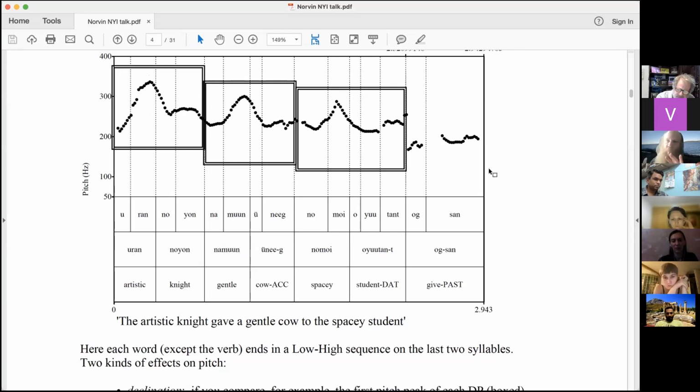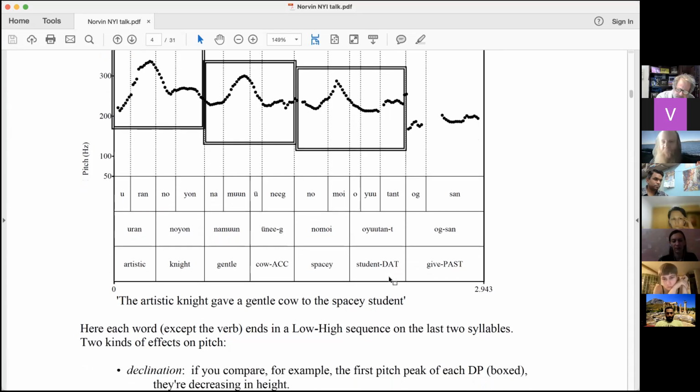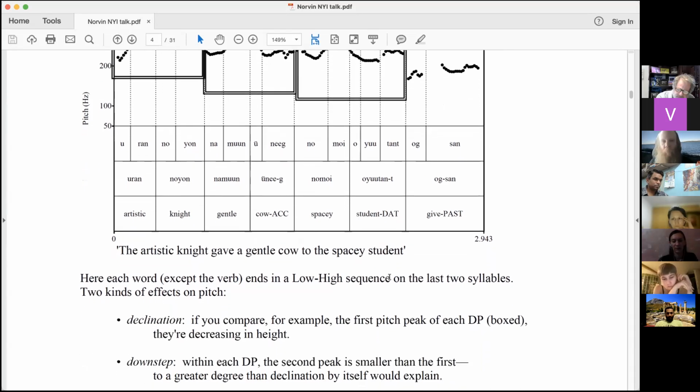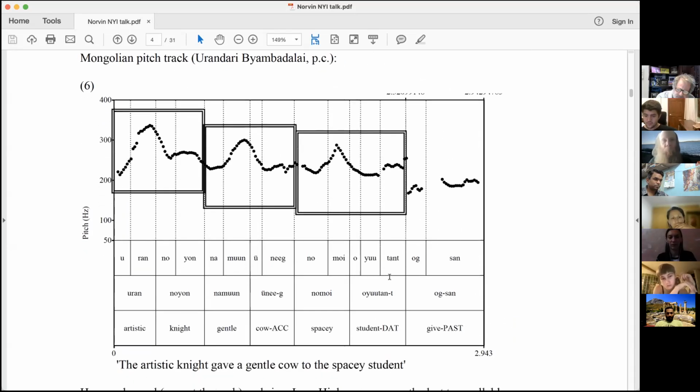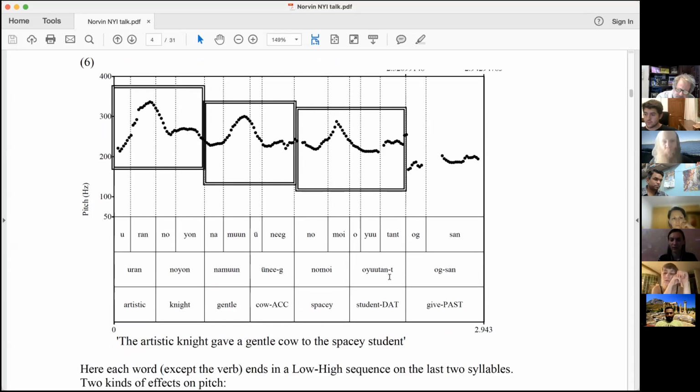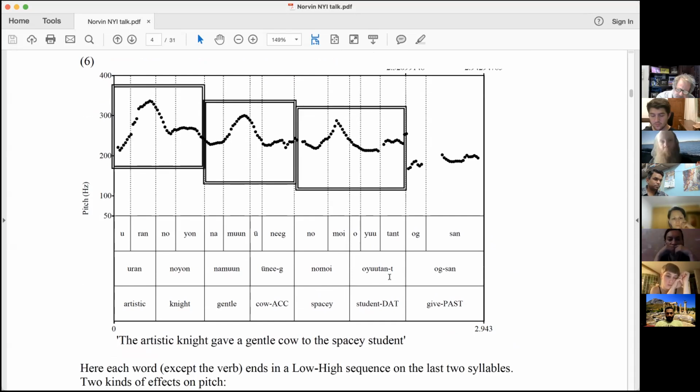That's a possible universal. It's possible that all languages have this general tendency for the pitch of your voice to tend to generally descend. So, there's this little tune that each of these boxes play, and they are playing it in slightly lower keys as you go along. The other relationship between pitch peaks that I want you to think about in these boxes